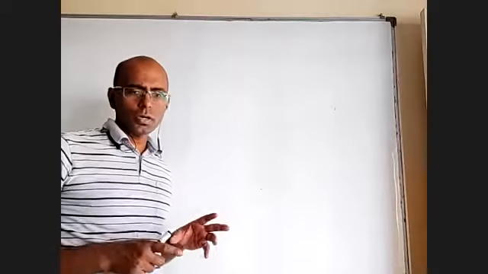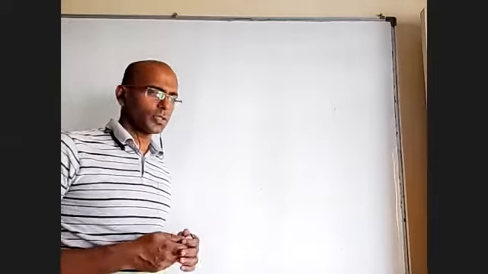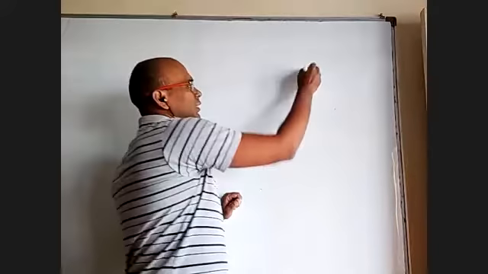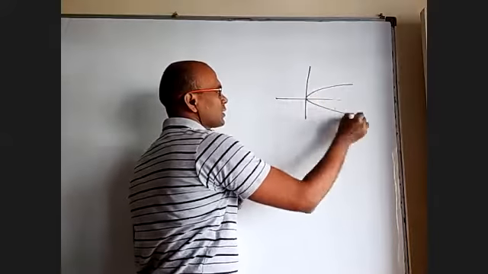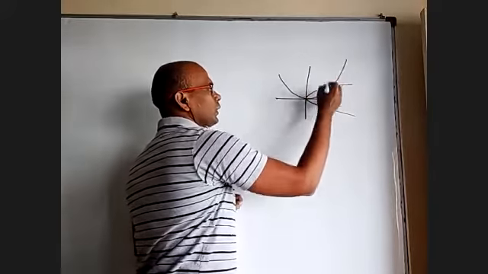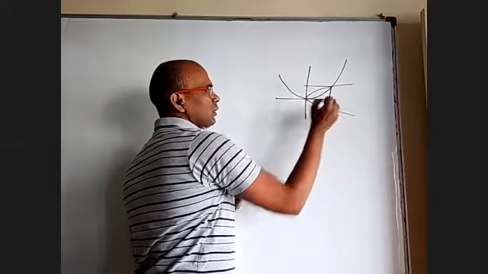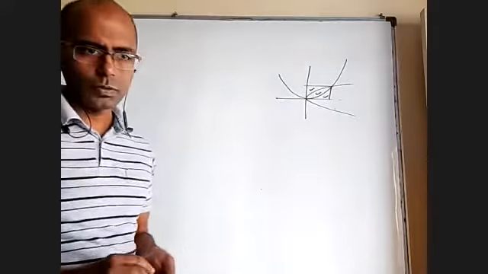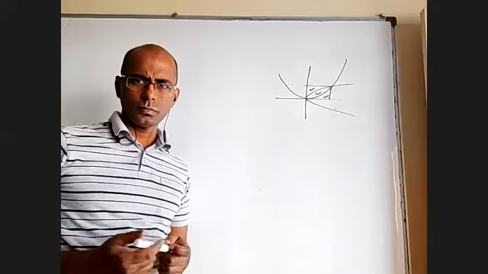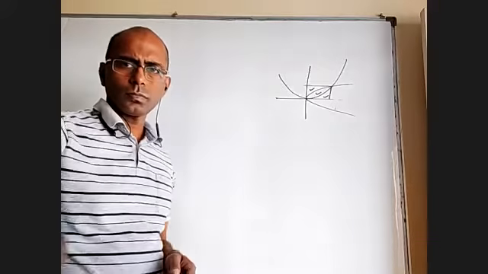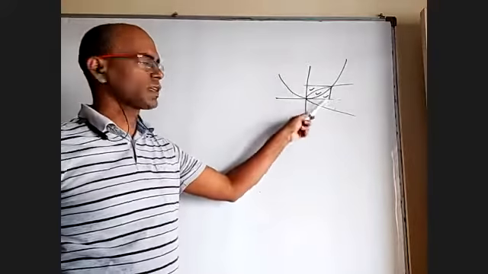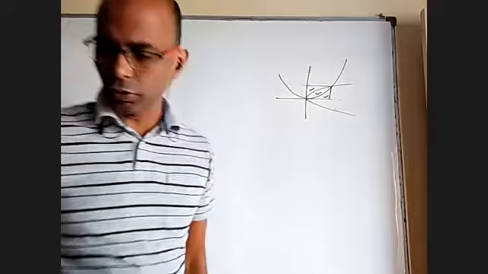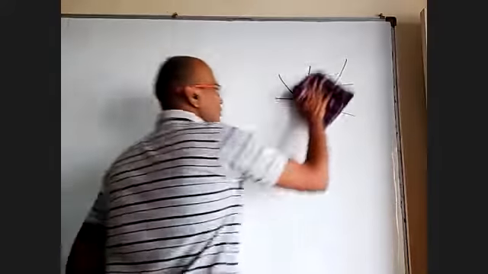Basically, this whole idea I got from one of the past year IIT question, which we also discussed, that when 2 parabolas were there and you join these 2, they asked what is this area, this area, this area, what is the ratio? You remember that question? Yes, sir. S1, S2, S3, their ratio is 1. Based on that, I got an idea which I use in some questions. So I'll tell you what is that.